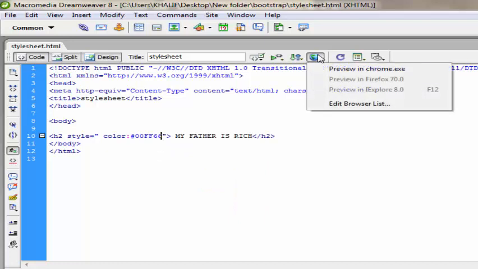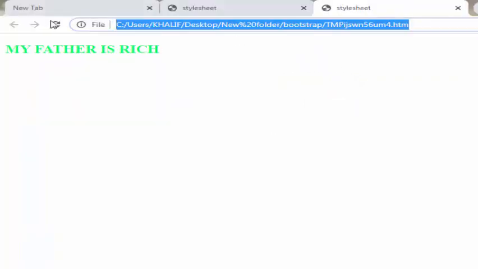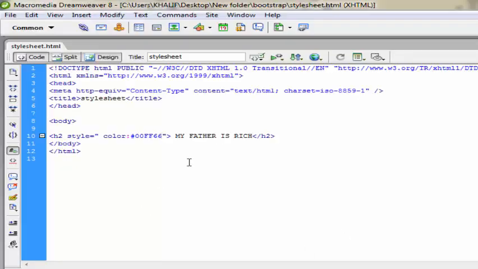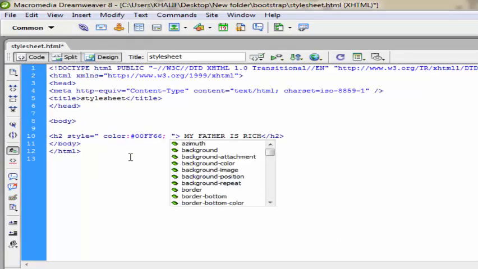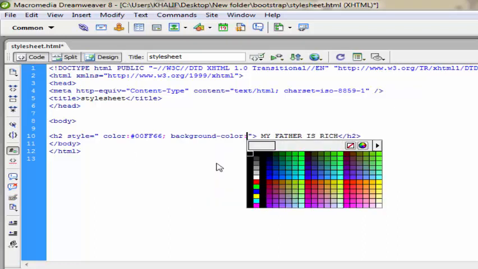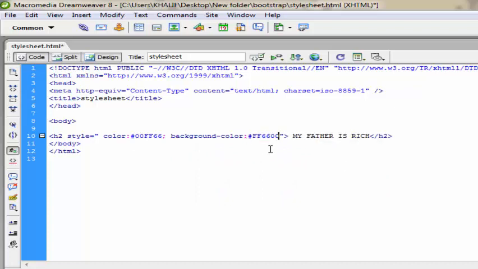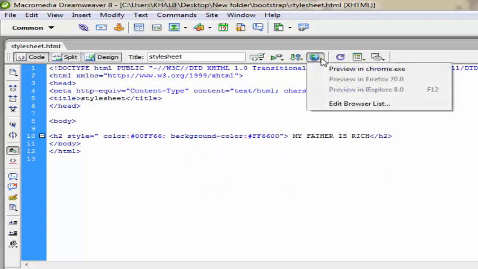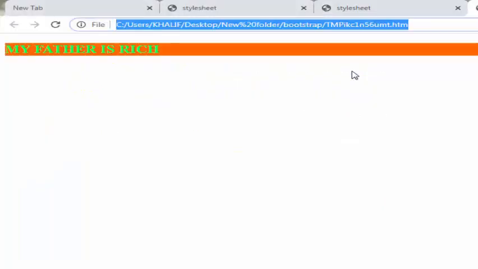Now let's refresh that and see. And that is it. Now we have styled that element in the starting tag here, in the element starting tag here. You can do so many other things here. Let's give it a background color from here, which is this. Let's give it this pink or I don't know. Now let's refresh this and see what we would have. Now that's the background color.